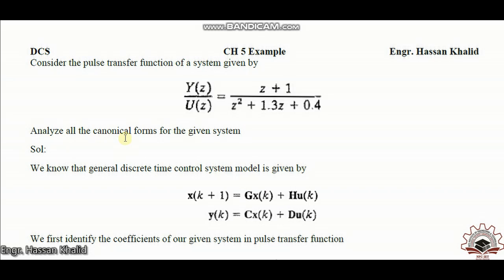Now we know that the general discrete-time control system model is given by this equation: x(k+1) equals G x(k) plus H u(k), y(k) equals C x(k) plus D u(k). We need to find the values of G, H, C and D. Now first of all,